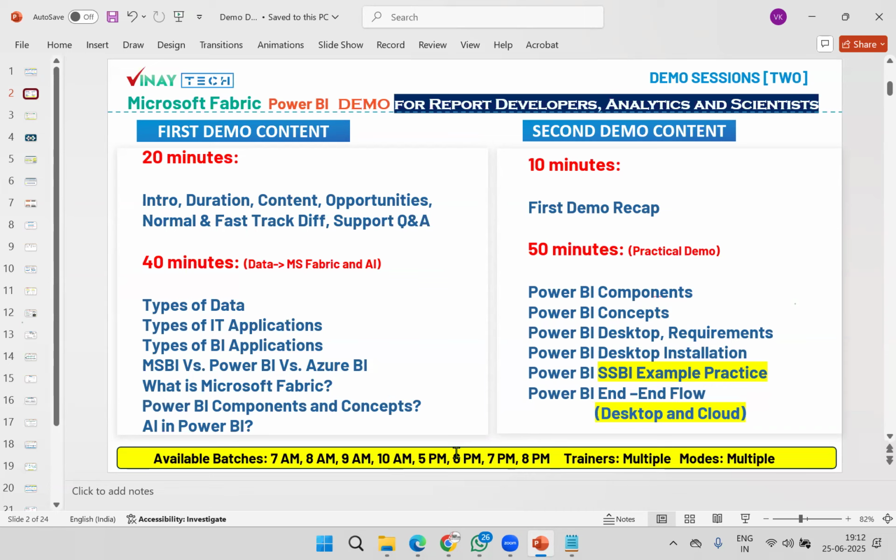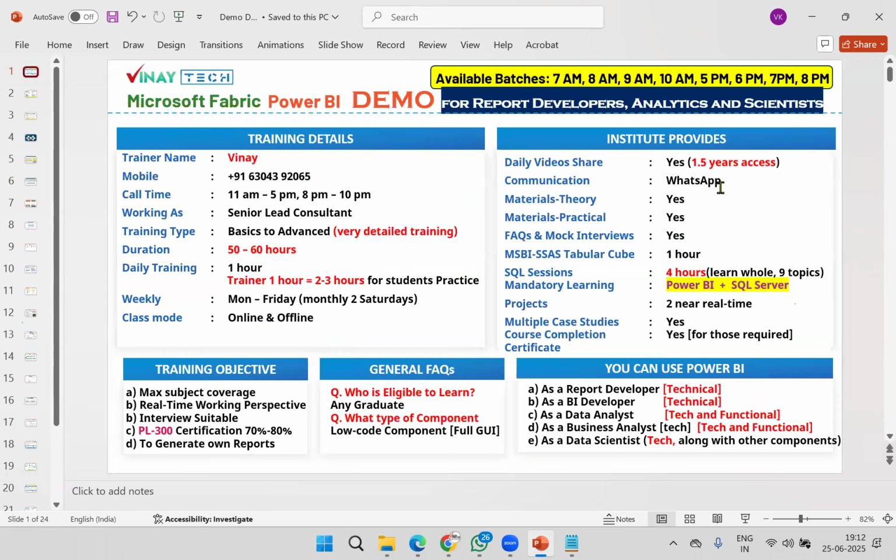And guys, the current batch is the 6 p.m. batch, 6 p.m. to 7 p.m., daily 1 hour. It starts sharply, plus or minus 3-4 minutes, not more than that, and it closes sharply. So from when will the morning batch start? Give me a minute, sir.